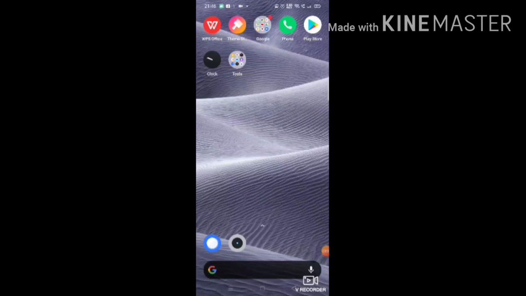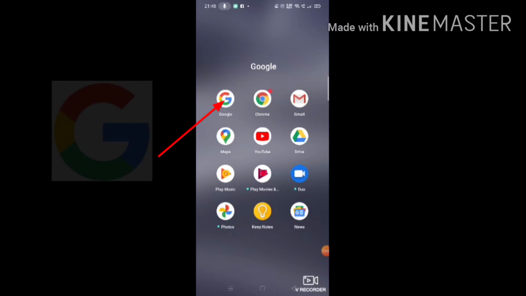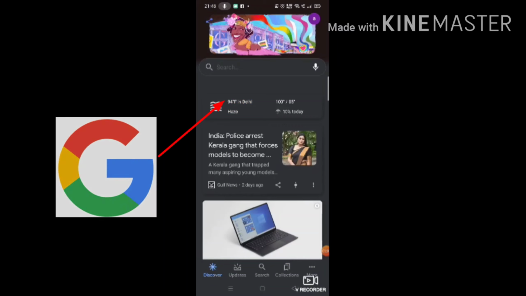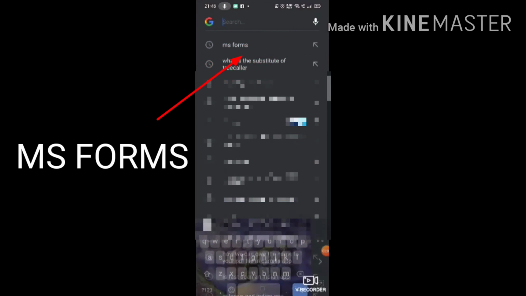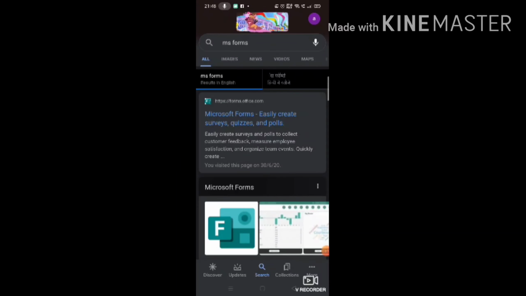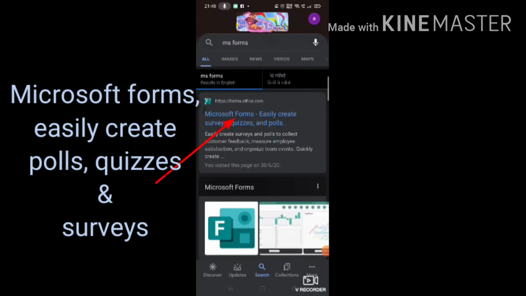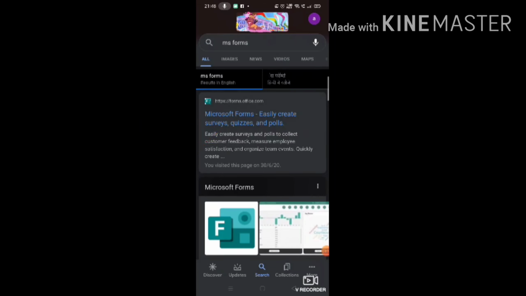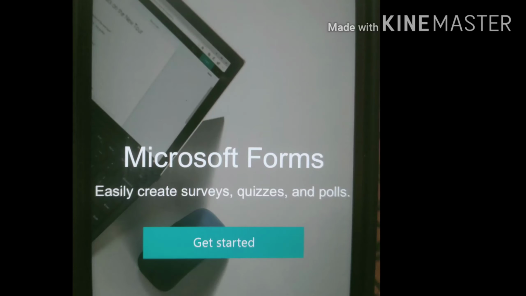First of all you have to tap on this Google search icon. यहाँ पे टैप करना है and then in the Google search bar we have to write MS Forms here. And when you write MS Forms, then you can see the blue text here. It is written Microsoft Forms, easily create surveys, polls and quizzes. So tap on this, and the moment you tap it, it will ask you for